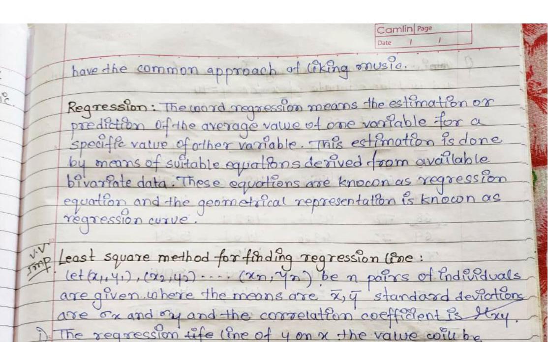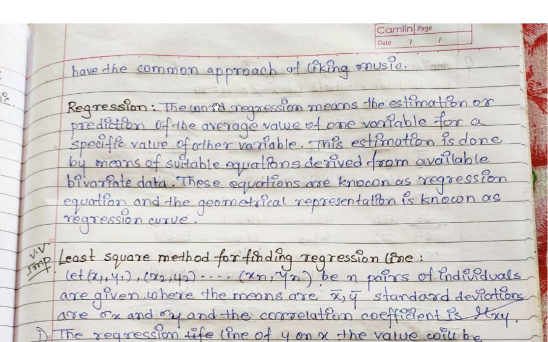Suppose for bivariate data, one of the variables is fixed. Say between x and y, the value of x is fixed and the value of y we have to measure depending on the value of x. Say I am collecting data of some students, measuring the height and weight of the students. Suppose I am getting the average weight of all the students and I want to measure, depending on that average weight, the height of the students in the class. That type of prediction appears in the case of regression.